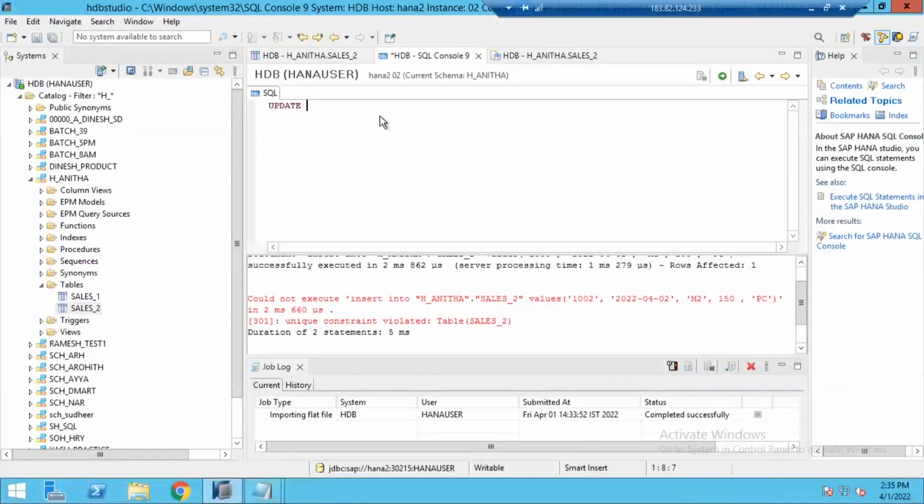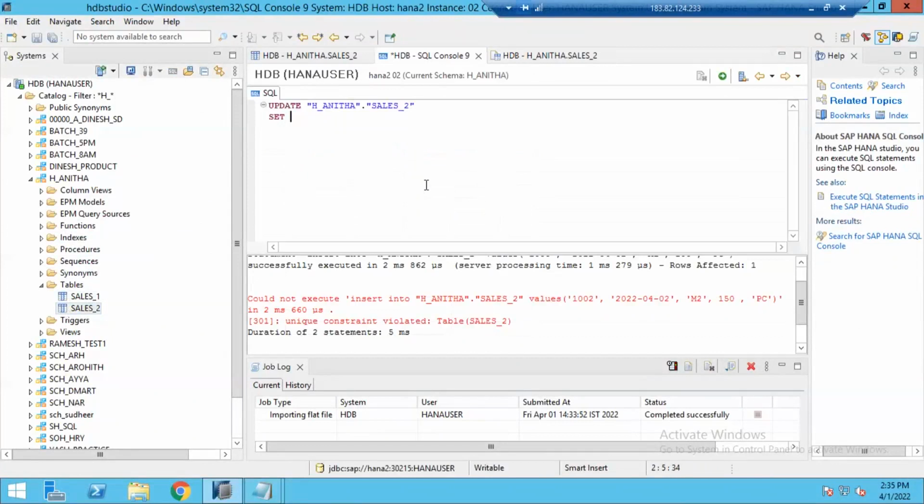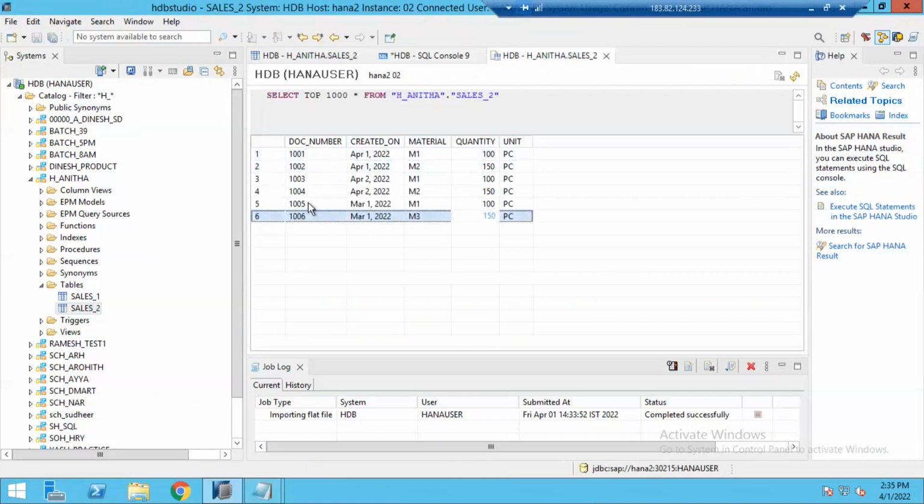Update my table name. You can type your table or simply drag and drop it here. You see, when I drag this table and drop it here, the system populates the schema along with the table name. It's a shortcut, if you want, you can use it. Update this table. Now, what needs to be updated? What we want to update, that part we need to write in the set condition. Set, what do I want to set? I want to set quantity equal to 200, where document number is equal to